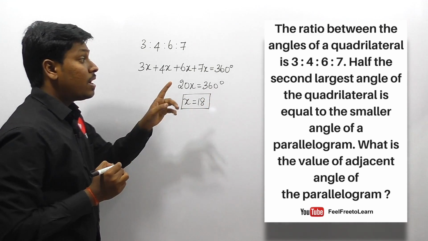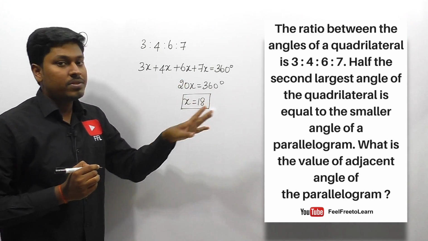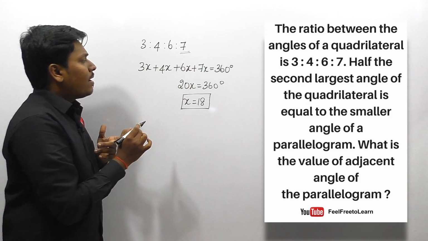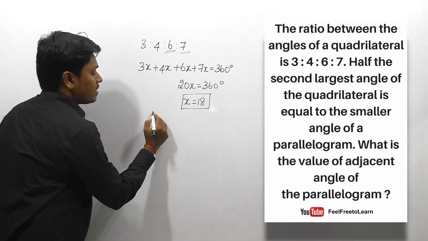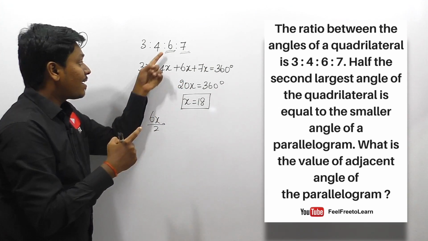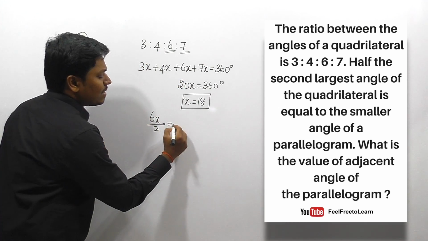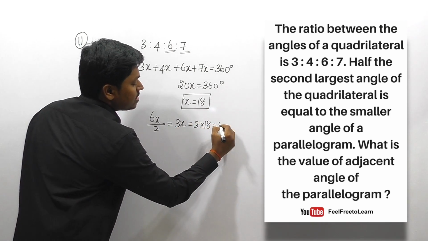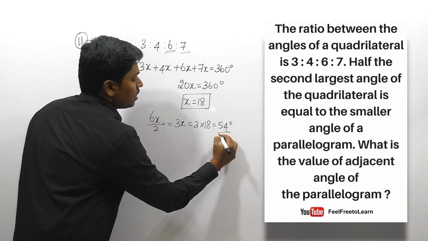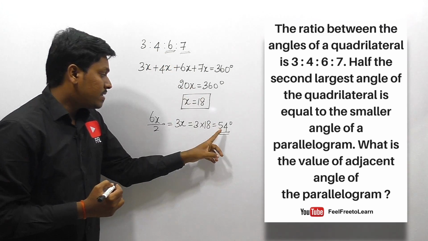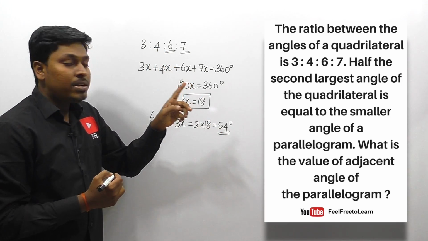So friends, remember that half the second largest angle of the quadrilateral. The largest angle of the quadrilateral will be 7x and the second largest angle will be 6x. So 6x divided by 2. Why? Because they are talking about half the second largest angle. So 6x divided by 2 will be 3x. So 3 into the value of x, that is 18, which is 54 degrees. So friends, half the second largest angle of the quadrilateral, which is 54 degrees, is equal to the small angle